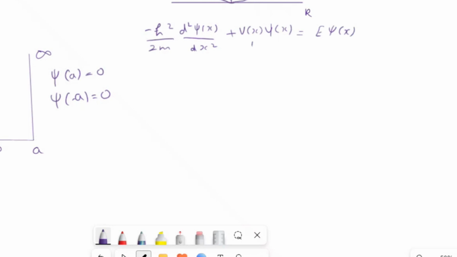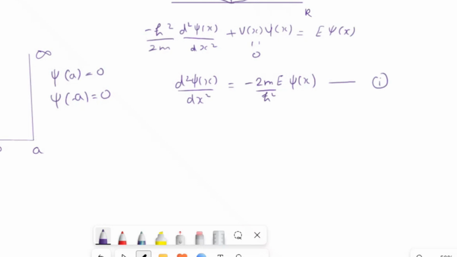now this term is 0, and rearranging this equation as we did previously, it will be d square phi of x by d x square equal to minus 2mE upon h square times phi of x. We call this equation 1. Now